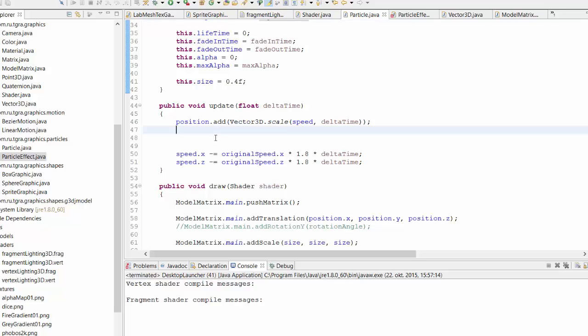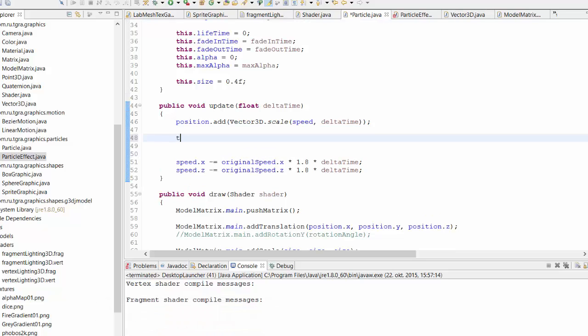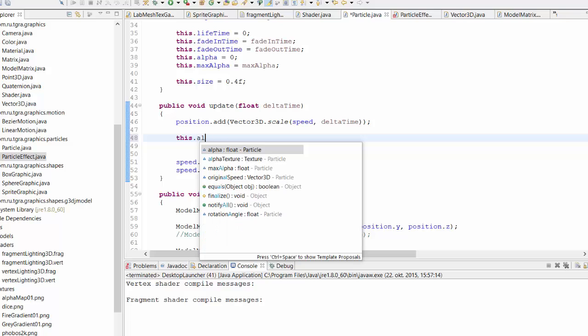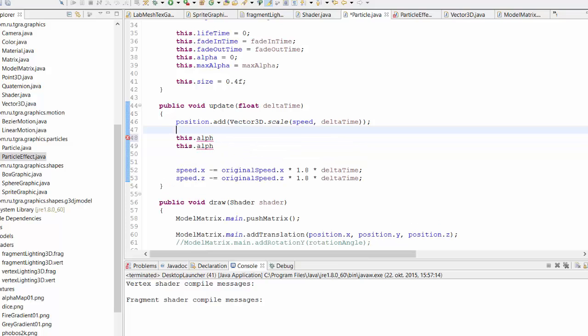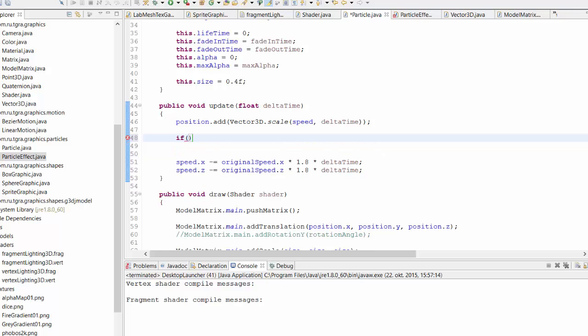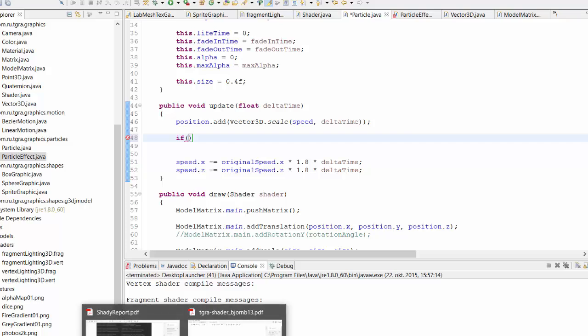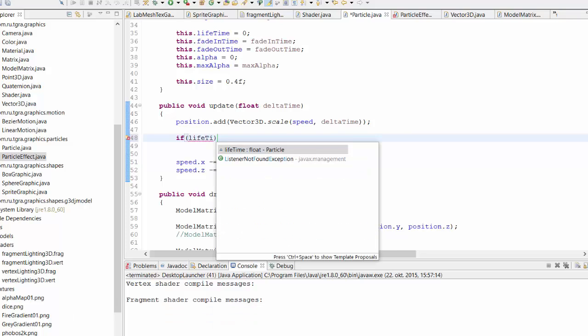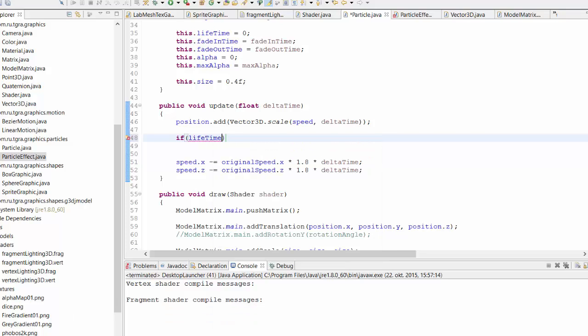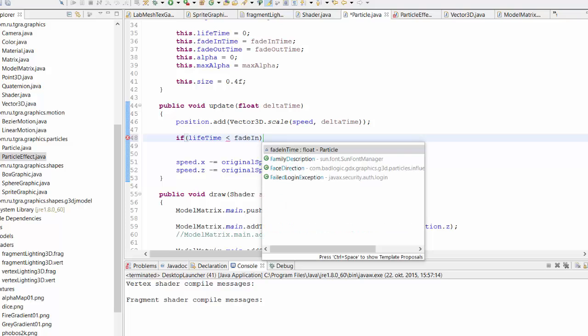So in the update function now we need to say this dot alpha. Okay. Let's start here. If lifetime is less than fade in time,